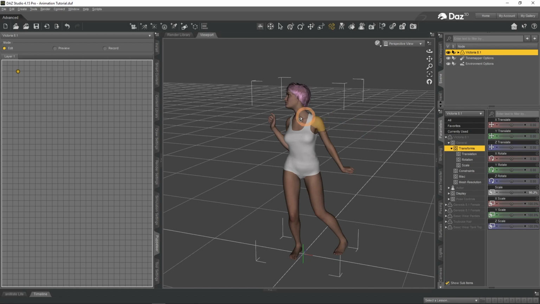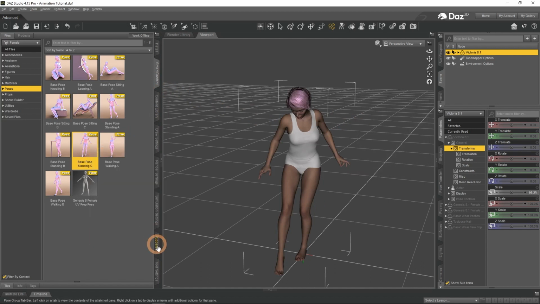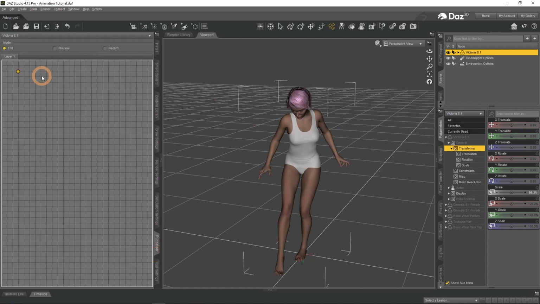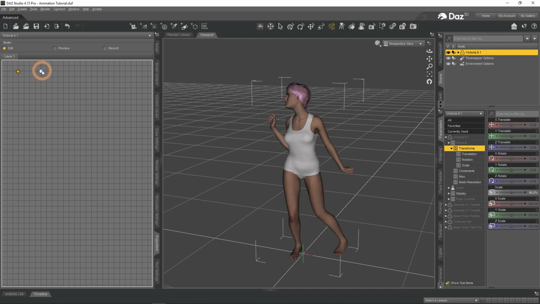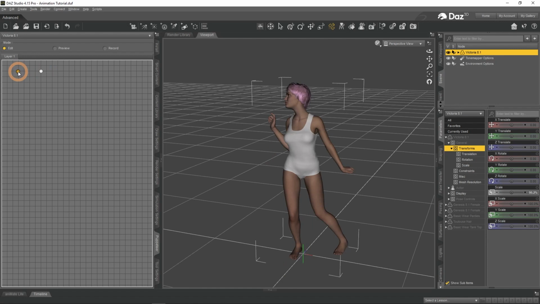If you would then go back to Smart Content and change the pose to something different, then return back to Puppeteer and place another dot, you will have 2 dots, each of them saving information about the pose that your character had at the moment. Clicking on a dot instantly brings the character to that pose. This is convenient for situations when you want to save a pose for later.